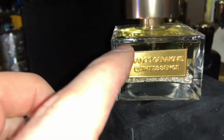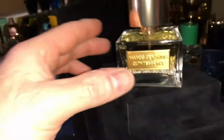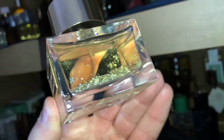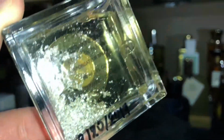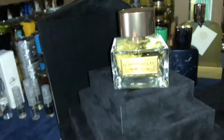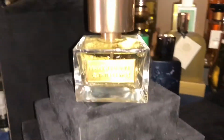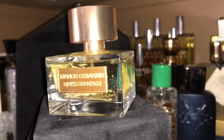Quintessence. This is an actual plate on the bottle. The sprayer is really nice, and of course it does have the real silver pieces in there. There's more of your batch and everything, and it is numbered, and the box on the bottom is signed, which I'll show you in just a second. But unbelievable bottle, just gorgeous, gorgeous luxury